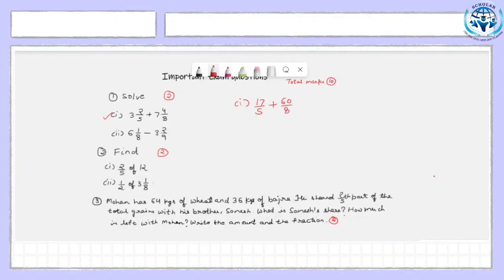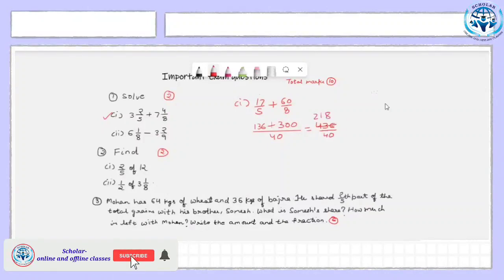7 8s are 56, 56 plus 4 is 60, 60 by 8. Now we will find the LCM of 8 and 5, which is 40. 5 8s are 40 and 17 8s are 136. 8 5s are 40 and 5 60s are 300. We will add both these and find